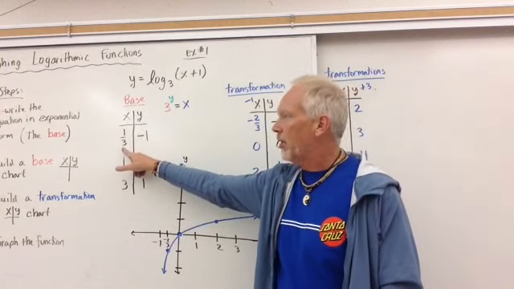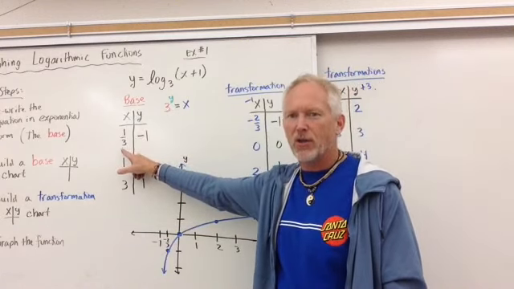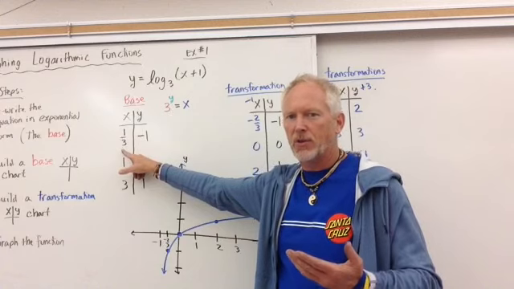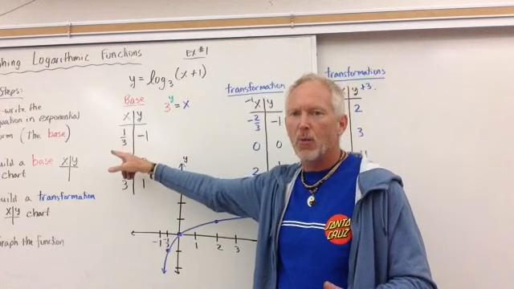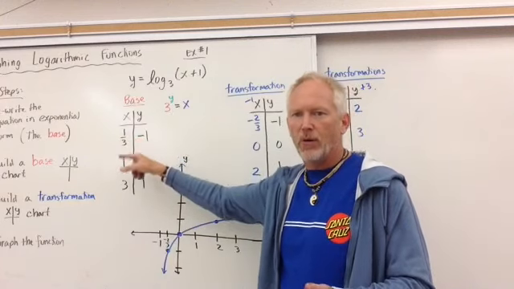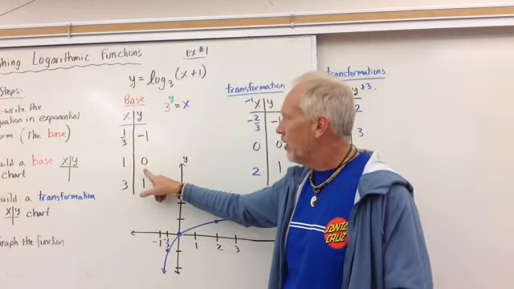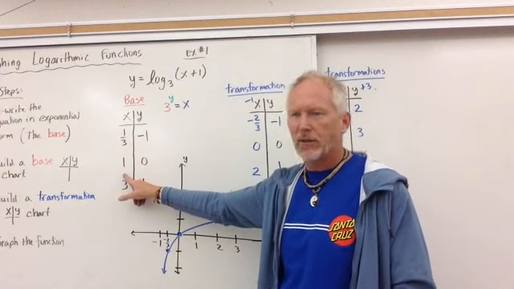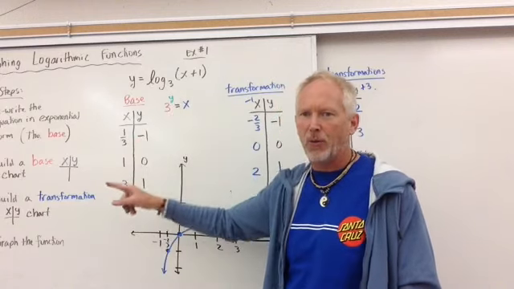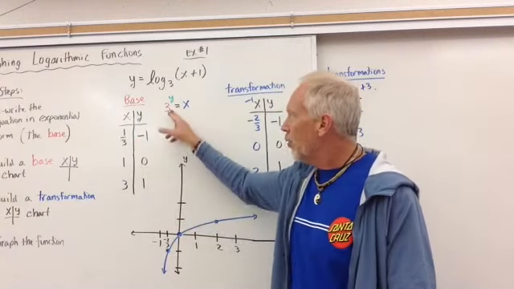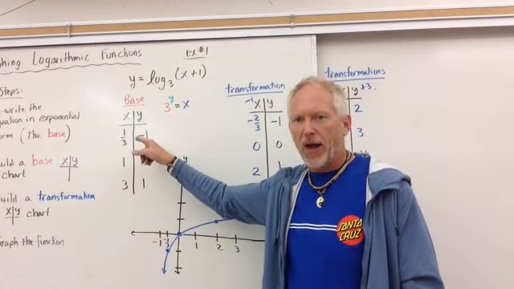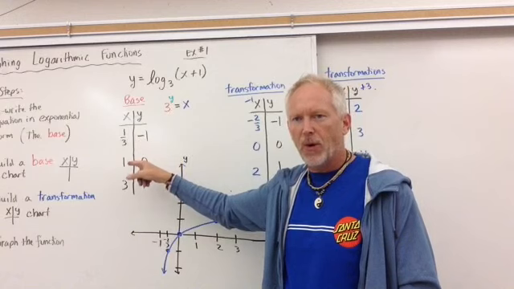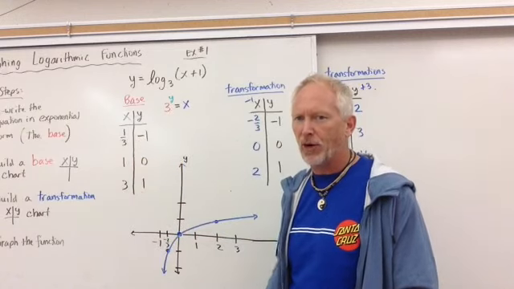3 to the negative 1 power is always a fraction with the representation of the base, so 1/3. If it were 2, it would be 1/2, 4, 1/4, etc. 0 always yields a 1, okay, because anything to the 0th power is 1. And 1 will always bring you the base back. So in that case, it's always a fraction of the base, representing the base, 1 and 3 for your x